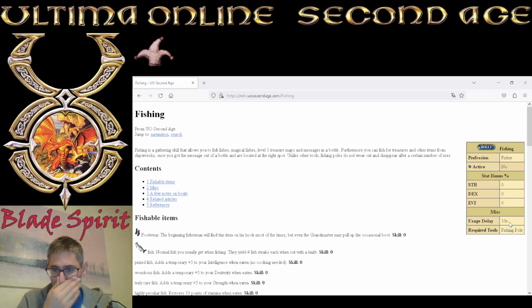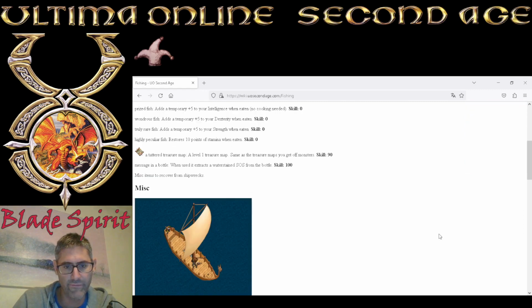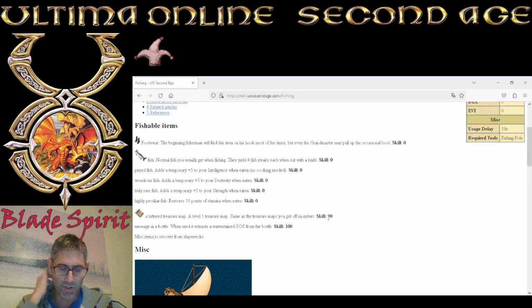And remember that with fishing, until you reach, for instance, 90 skill, where you can actually gain treasure maps, it is perfectly okay to fish AFK. Once you reach 90 and you can collect treasure maps, and especially at 100 GM fishing, where you can collect message in a bottles, it is considered AFK resource gathering and it is forbidden, so you have to do it